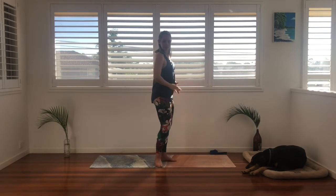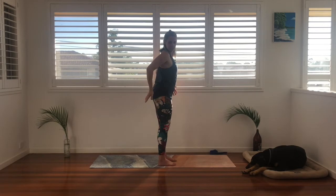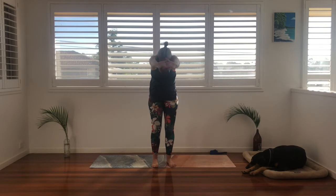Inhale, find length here, send the shoulder blades down the back. And tuck our tailbone under and hollow out our lower belly. Often the first thing we'll do is tilt our tailbones. It's often because we have short hip flexors. So tilt our tailbone under, hollow out the lower belly, find length in the spine, interlace the fingers on our inhale. And exhale, we're going to turn the palms forward, really round out the spine like we would in our